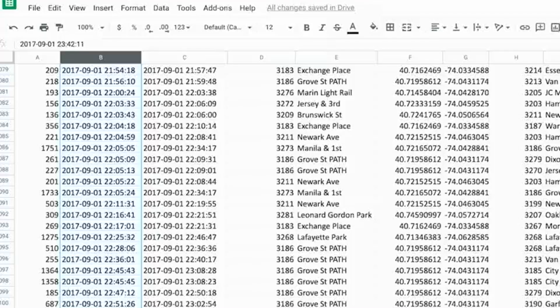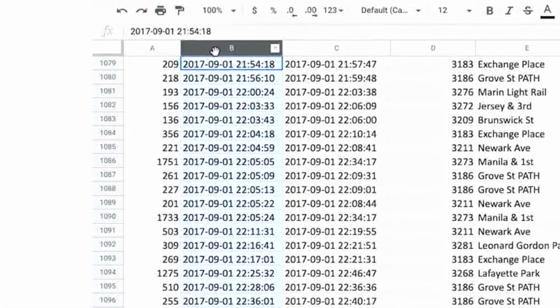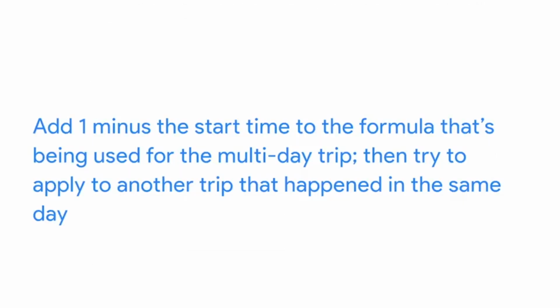For example, let's say you're working with the bike trip time data from the previous videos. Maybe you're trying to find the average time between bike rides in a given month. Calculating the difference between bike rides before midnight is easy, but you can run into a problem if the elapsed time crosses into the next day. If someone went on a bike ride at 11 p.m., but the next ride wasn't until 6 a.m., your formula will return a negative number because the end time is less than the start time. You know that you can add 1 minus the start time if 2 bike rides start and end on different days, but that formula won't work on times that happen in the same day.